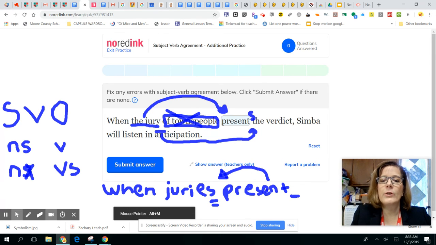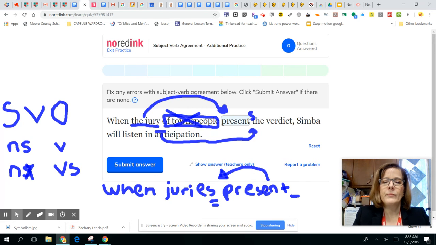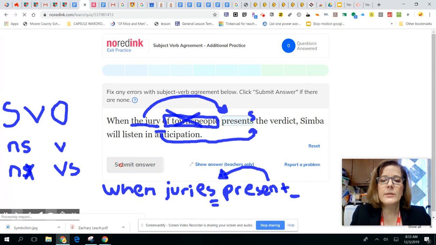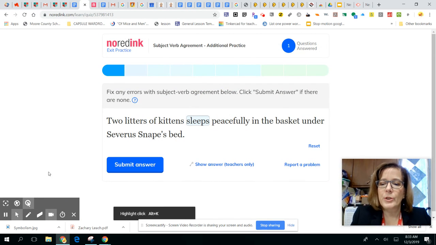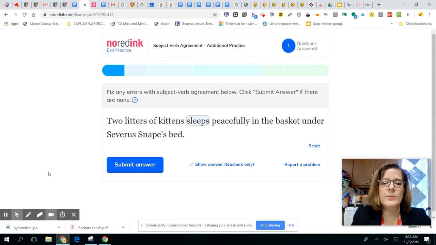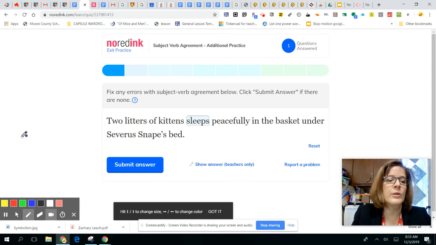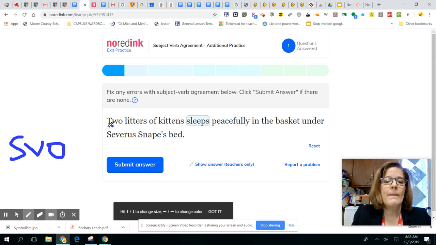I will move a little quicker in the next few. If English is your first language, you probably don't need me to break it down quite this far. Okay, submit answer. Correct. Let's try this without quite so much markup. Two litters of kittens sleeps peacefully in the basket under Severus Snape's bed. We need to determine the actual subject. We know the preferred sentence order is subject, verb, object. Here we have 2 litters at the front